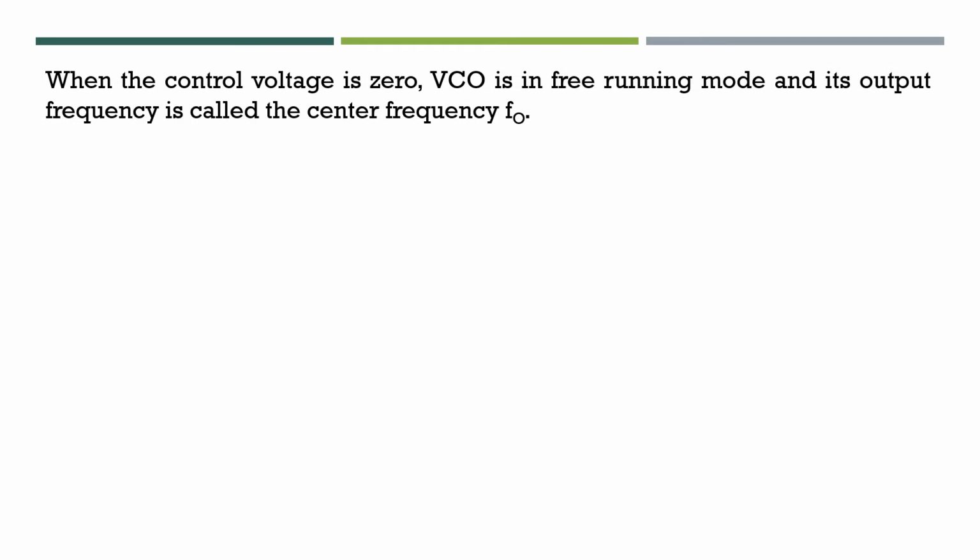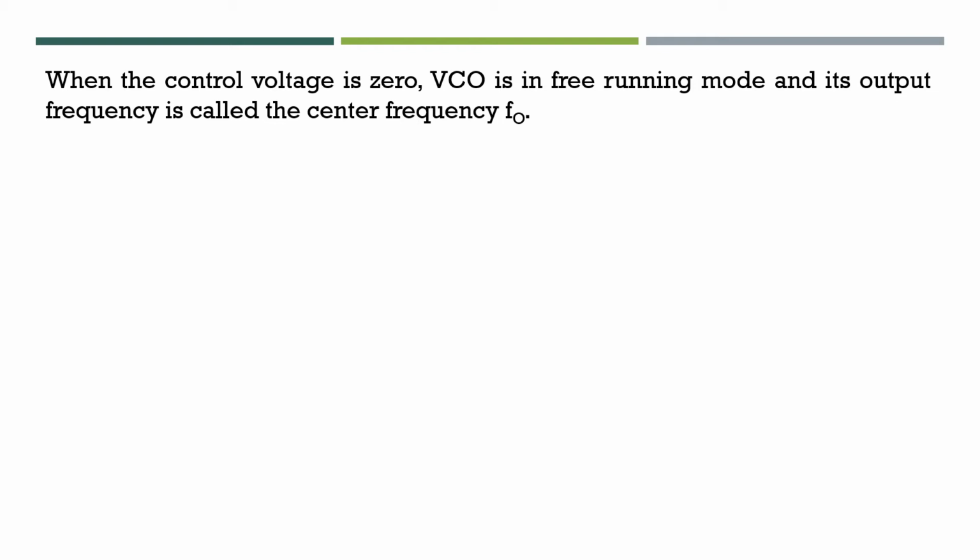Now, when the control voltage is zero, for example, what I have mentioned earlier, if the phase difference between the input and output is 90 degrees, phi is equal to 90 degrees, we get a square waveform. If the square waveform is obtained, we get VE equal to 0. That is, the average value of VD will be equal to 0. So that is nothing but the applied voltage to the oscillator is 0.